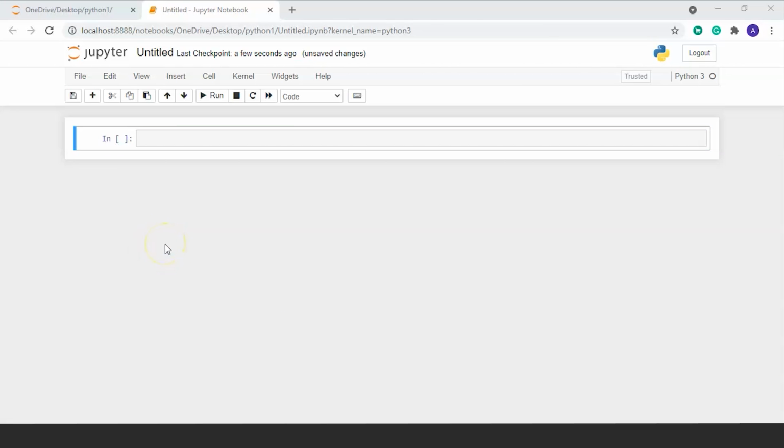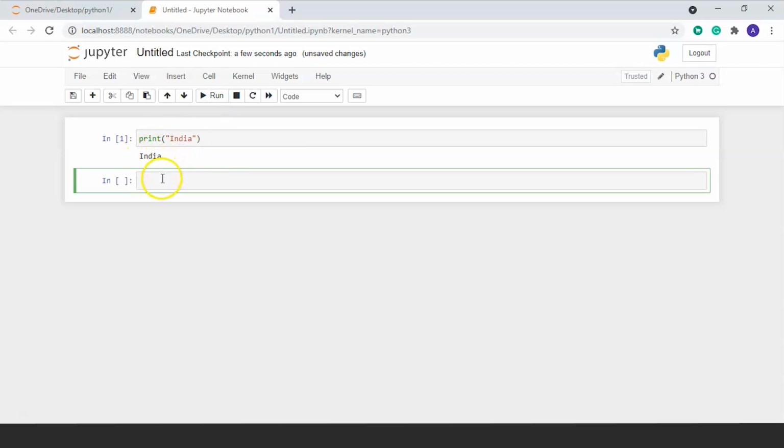As we have created a Python3 file in the Jupyter notebook, now we can run the Python commands on it. So we will run some commands, and first we will run a basic command that would be print India, and we will run this command. India is printed here.